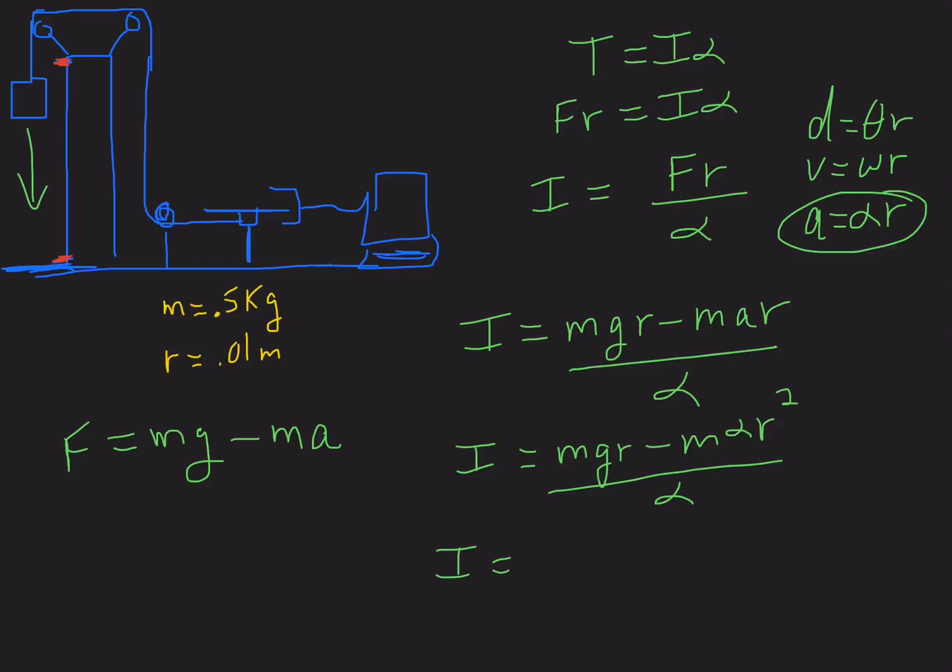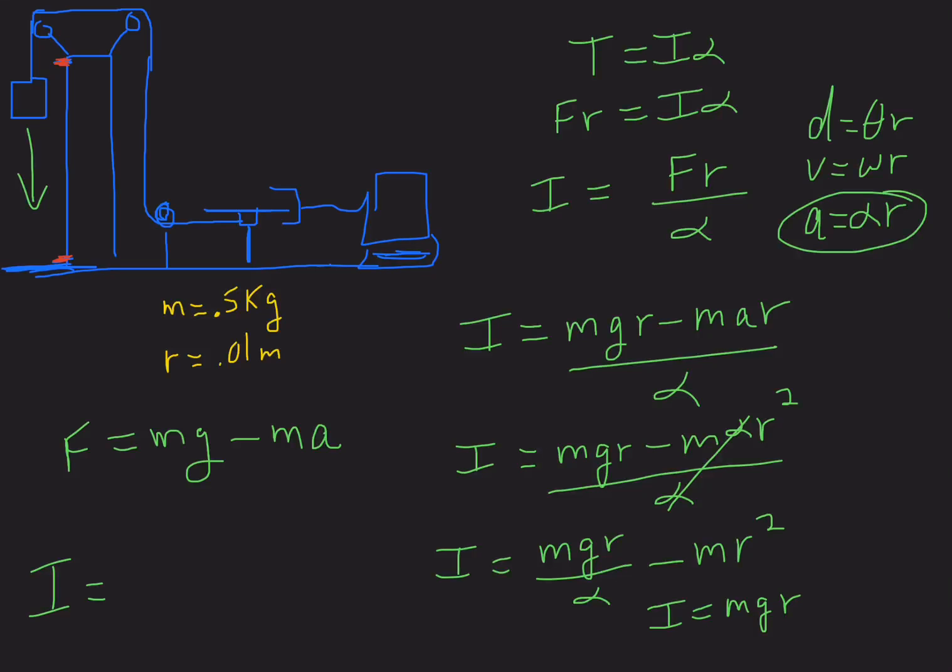All right, so now I can do m times g times r divided by alpha minus, and I can cancel out an alpha there as long as I keep the alpha over on the denominator of the first one, so minus m r squared. Okay, so I get an equation: I equals m times g times r